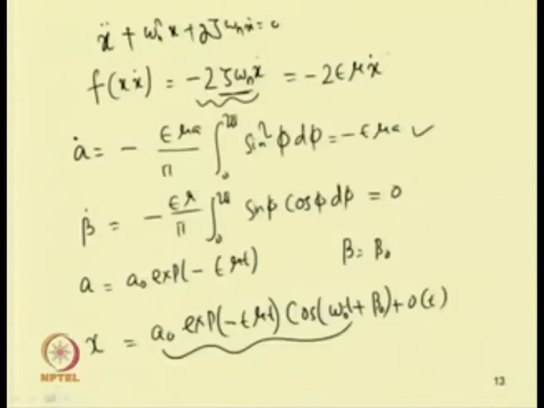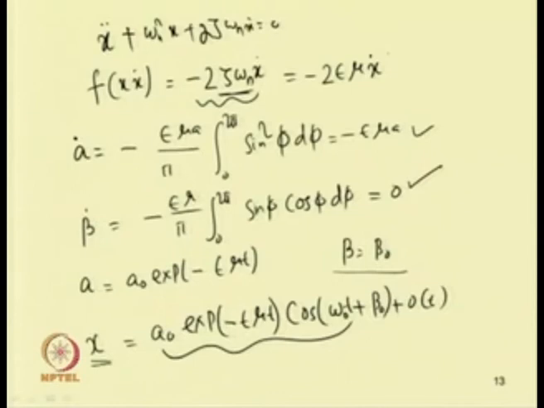So, by substituting that thing, this equation reduces to A dot equal to minus epsilon mu A by pi integral 0 to 2 pi sin square phi d phi, and this is equal to minus epsilon mu A, and beta dot becomes 0. So, integrating, beta becomes beta 0, and integrating this one, one obtains A equal to A 0 e to the power minus mu t. So, the overall solution x becomes A 0 e to the power minus epsilon mu t cos omega t plus